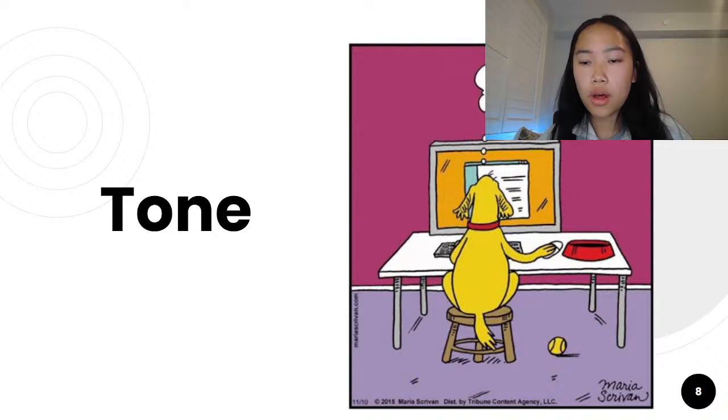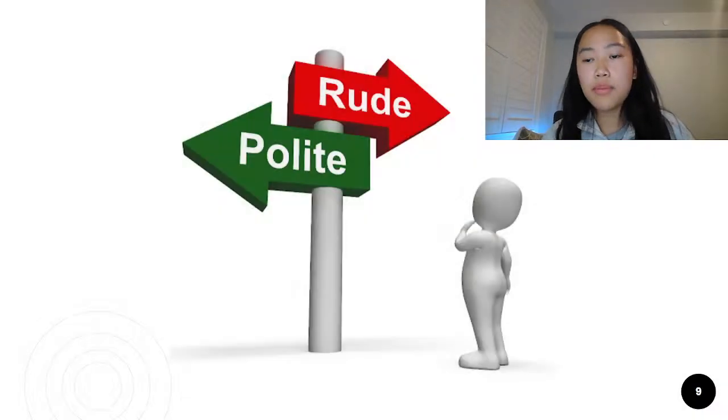The golden rule is to treat others how you want to be treated. With that being said, the wrong tone can actually get you in a little bit of trouble. For example, when we're writing business emails in a hurry, we often forget to check our tone. Even though you may be a polite person, your email can come across as negative or rude.